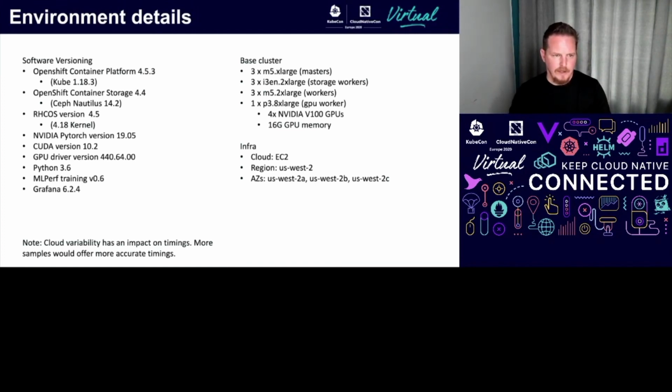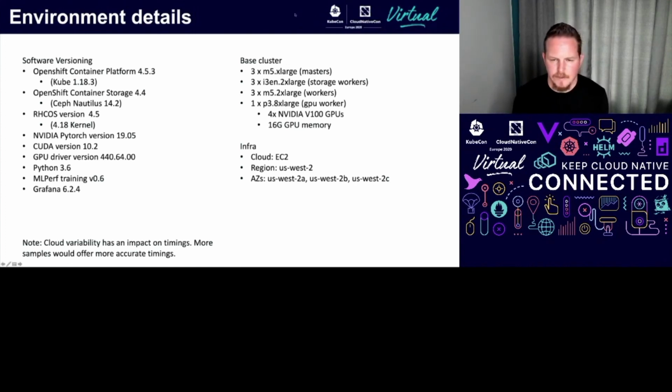We have kind of the laundry list of versioning on the left there. We used OpenShift Container Platform 4.5, which maps to Kube 1.18, and then we used OpenShift Container Storage 4.4, which gave us Ceph Nautilus and Rook and Ceph CSI all kind of neatly packaged together.